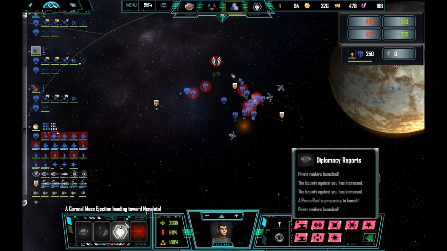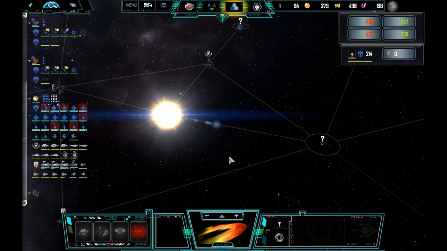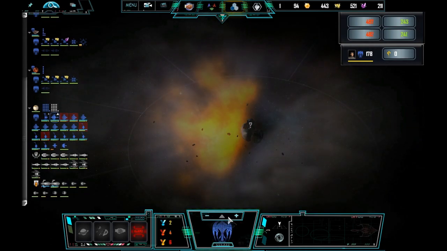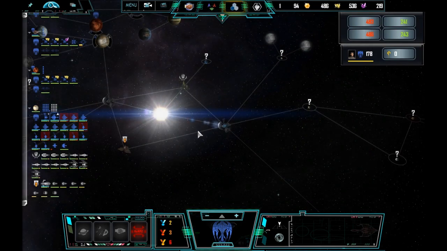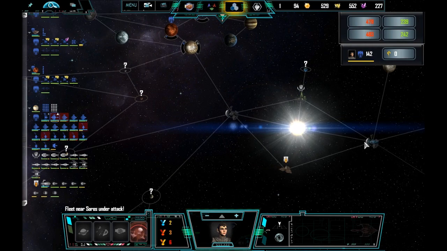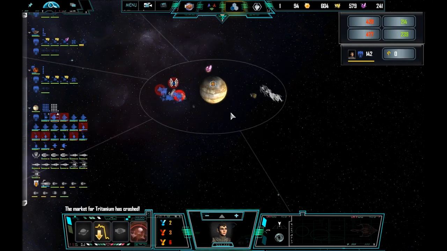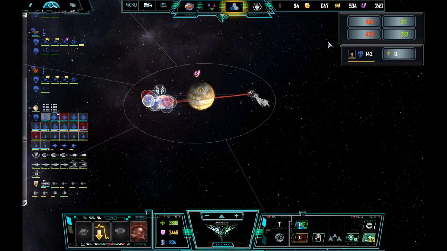Yellow alert. Corridor mass injection towards Metalati. Oh, these things. This is annoying. As you can see here, it crashes against it. It doesn't do any damage to the planet, but it travels along the lanes. And every time it bounces, hits a planet, it disables the weapons for all the ships on there, as well as any opportunity to construct enemy vessels. So,